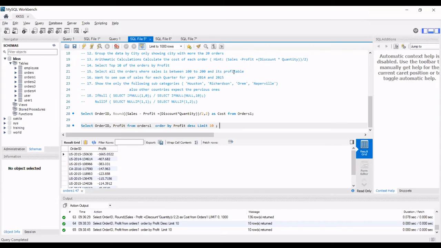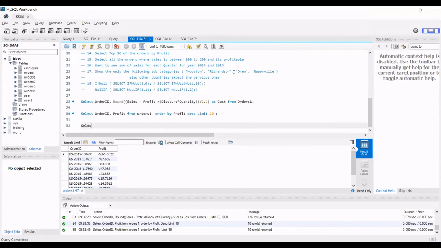Select maybe order ID, comma sales, comma profit from orders where sales is greater than 100 and sales is less than 200 and profit is greater than 0.